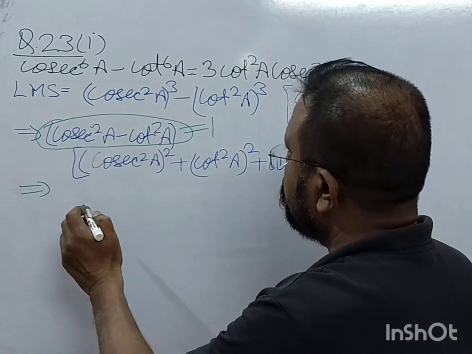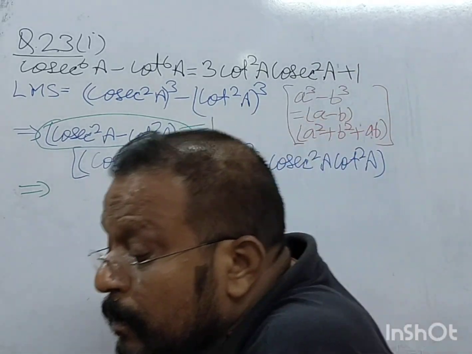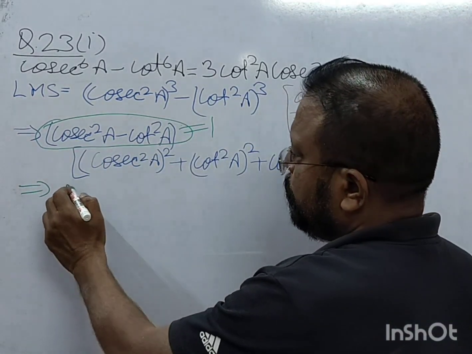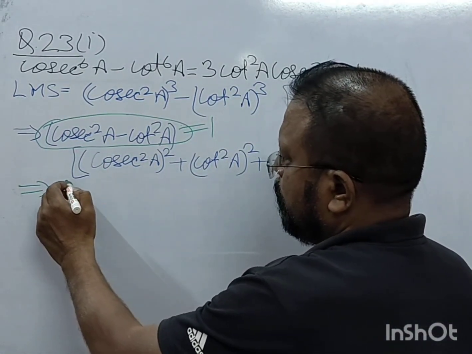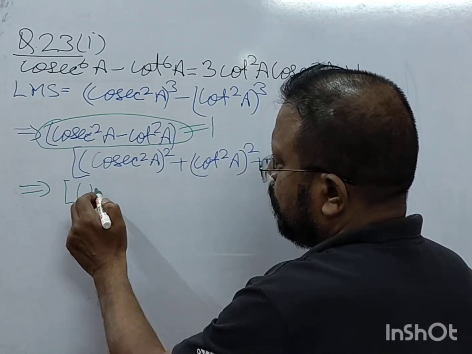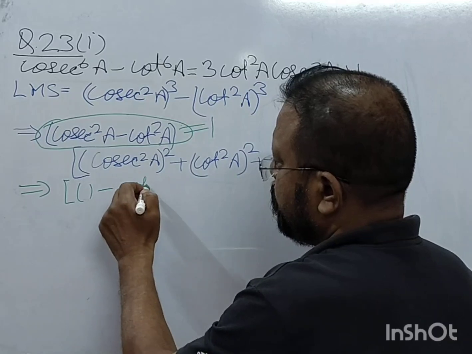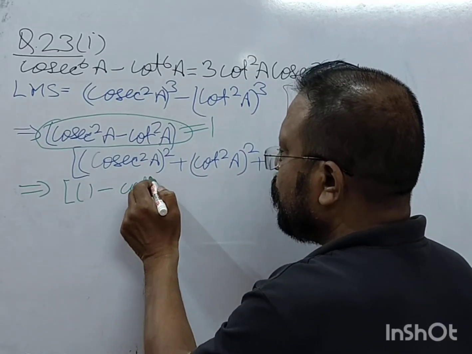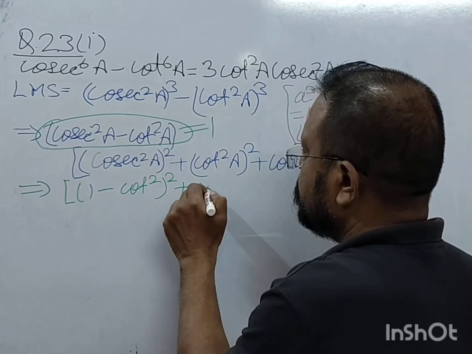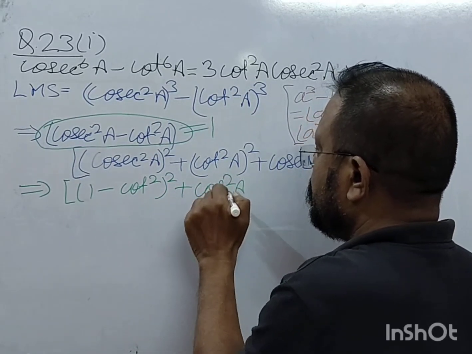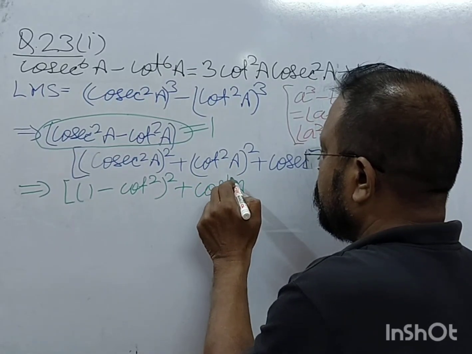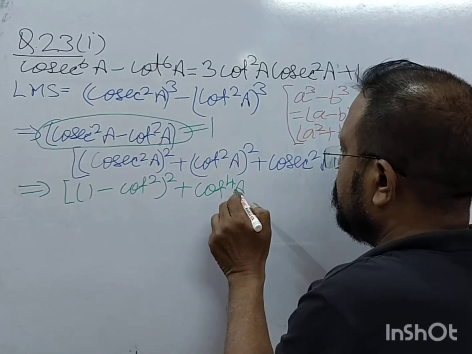You get 1 minus cot square a whole square plus cot square a, cot raised to the power 4a, right? Plus